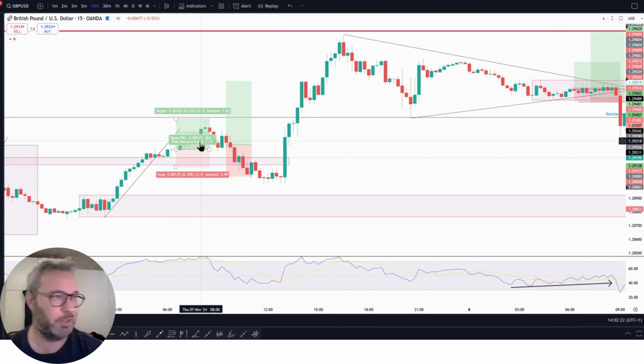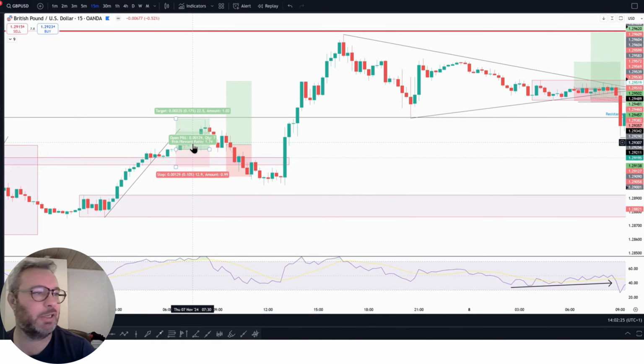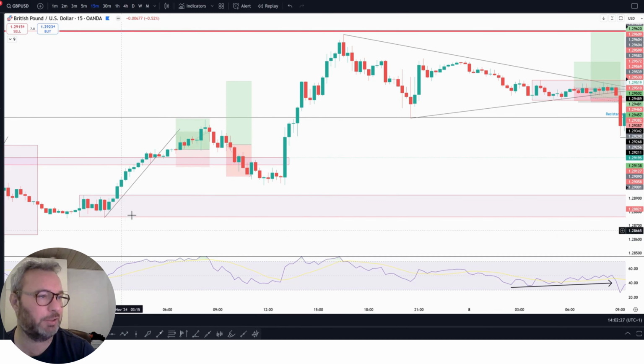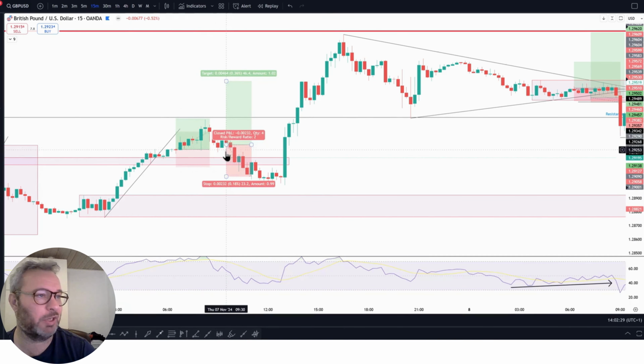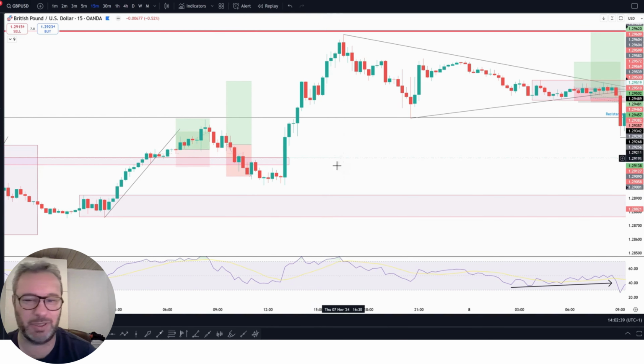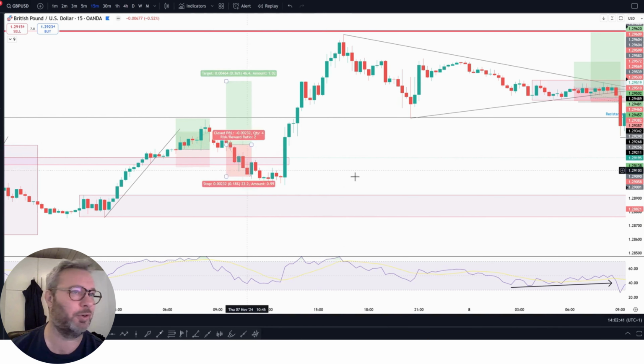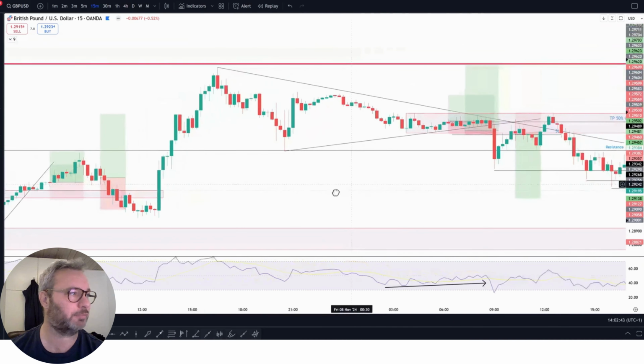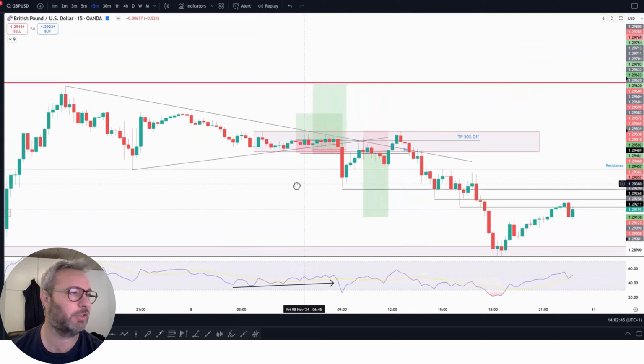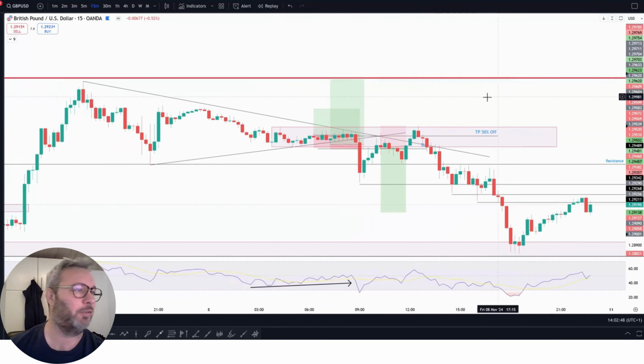Took my target at 1.75 R, and then the next trade I expected was a pullback so it could continue to go up. It didn't, and I took my loss, so a little profit of 0.2 R something for the day. And this here was yesterday, Friday. I had three trades here.